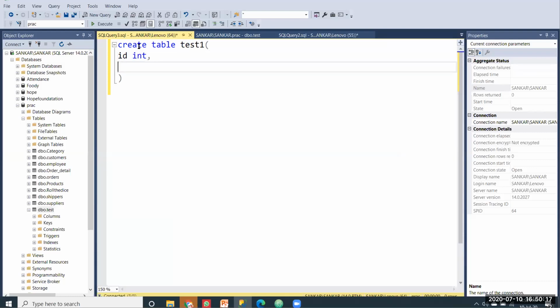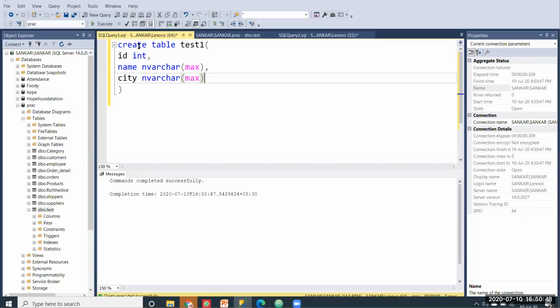Then here I'm going to pass name, that is nvarchar, and you can use max here. Then comma, city, that is nvarchar, and here you can also use max instead of 250. Just hit F5, your table has been created, and I'm going to refresh it.